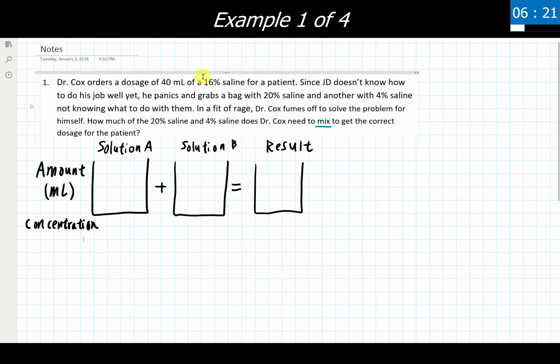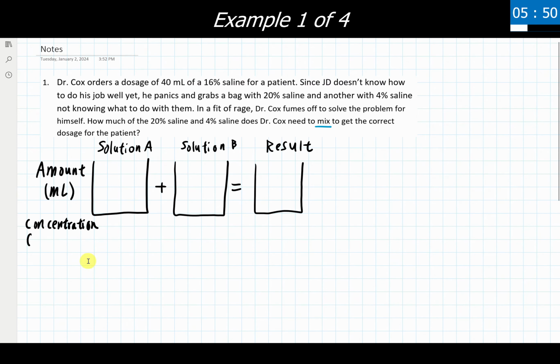So this problem could give us 3, 4, 5 different percentages: percent of water, percent of alcohol, percent of saline, percent of root beer, percent of orange juice, whatever it is. We can and will only track one of those. And I think finding the end result right up here tells us exactly what we need to be tracking in the whole problem. I'm tracking percent saline. So I'm going to make that little note to myself down here.